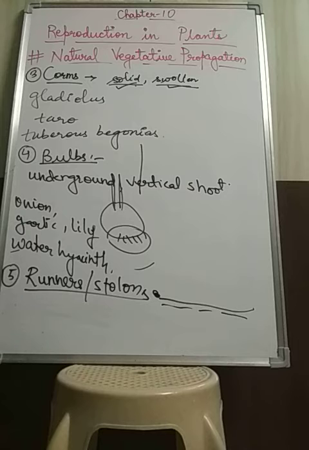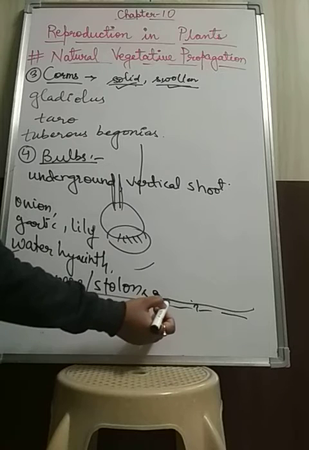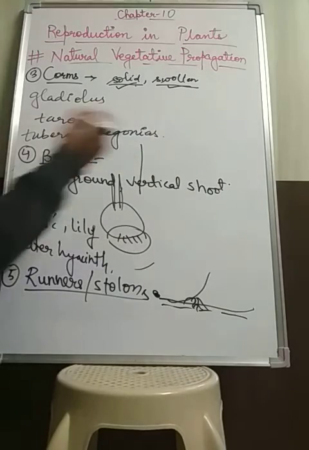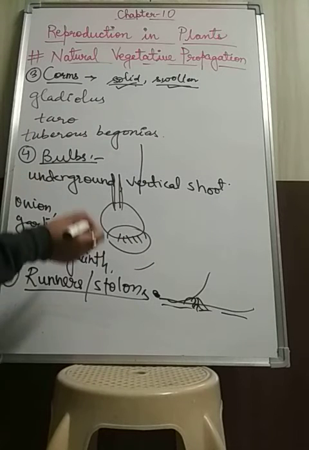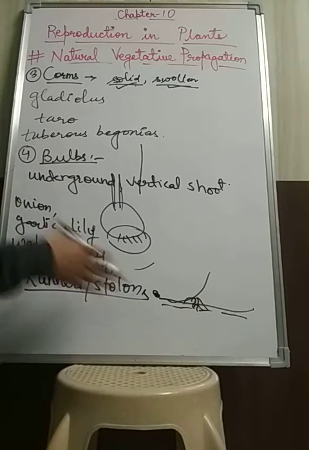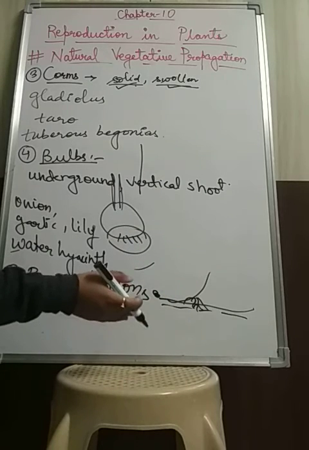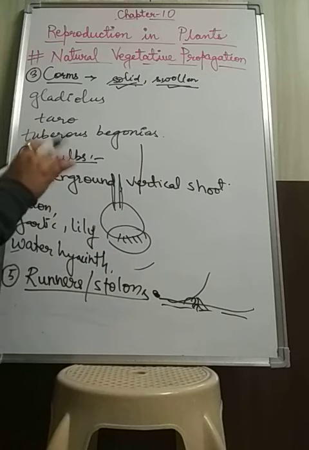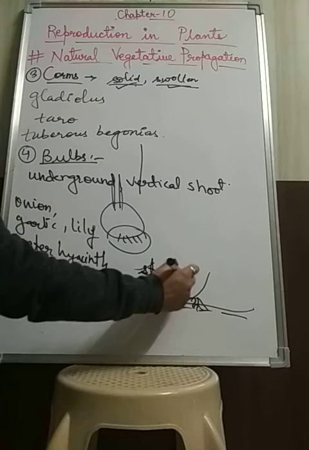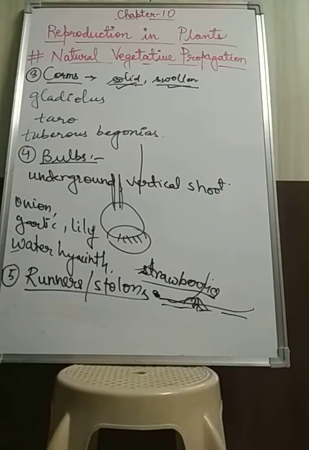These runners send out roots where they touch the soil. From time to time some of their parts start to grow roots, and then they grow under the soil and a new plant starts to grow. They also sprout buds on the top. These buds develop into small plantlets and separate from the parent plant. Once the plantlets develop small leaves, they get separated from the parent plant and form independent plants. An example of runners or stolons is strawberries. They grow along the surface of the ground.